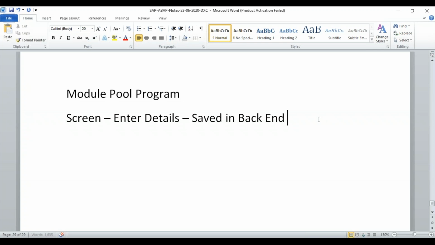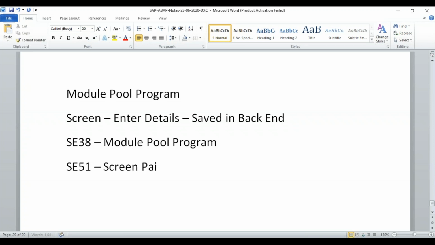So we have to build the screens. We need to create a module pool program in SE38. See, we created executable programs and include programs. Now we need to create a module pool program, and then we need to create screens in SE51. Okay, screen designer. This is called screen painter. So screen painter will be done in SE51, and then we'll go ahead and create the transaction code